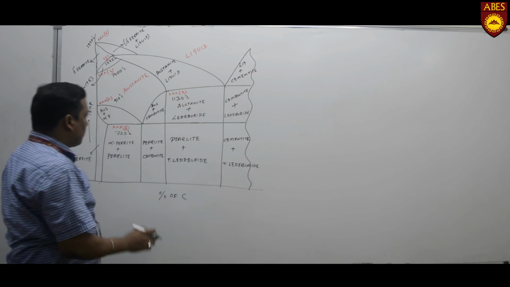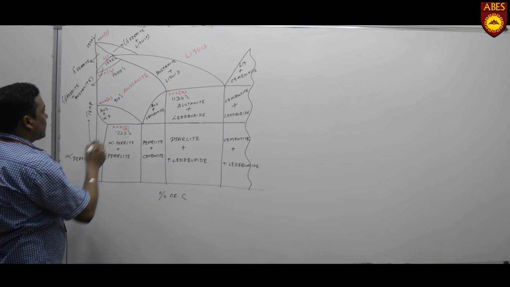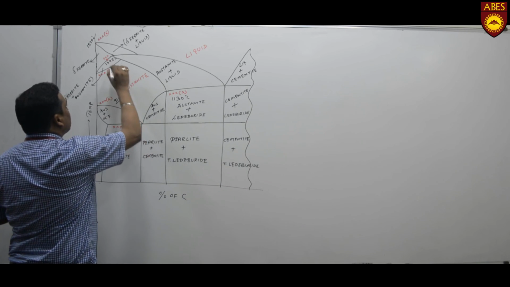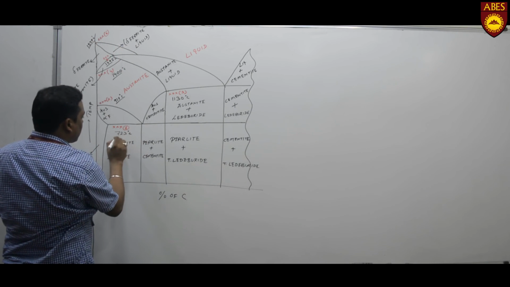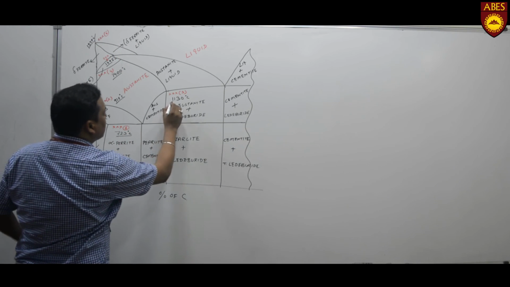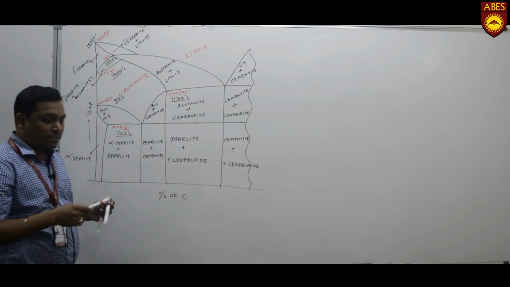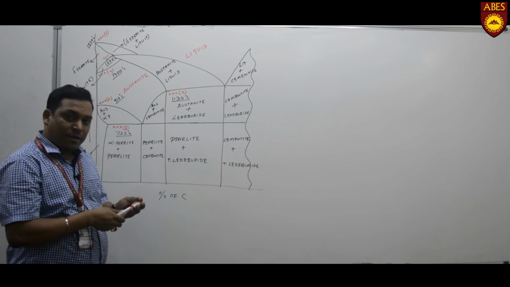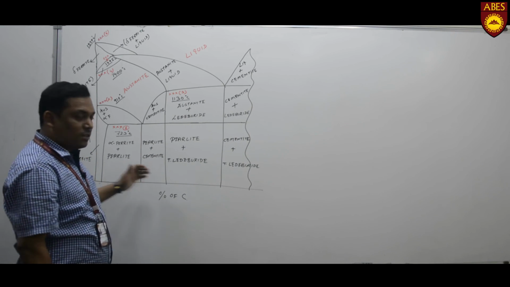So I think all of the positions have been drawn. So there are 4 temperatures, I can underline it, 6 temperatures, sorry. These have a major role in changing the structure, and the carbon percentage we have to write. Basically, depending upon the carbon percentage, the structure composition may change.